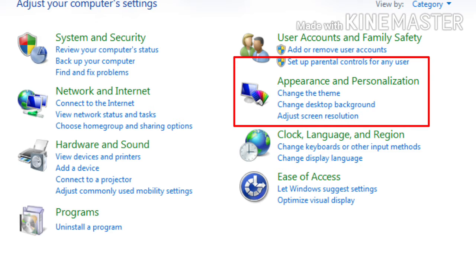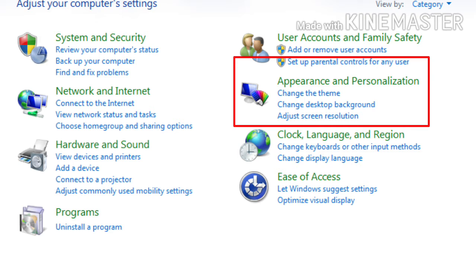This category allows you to change the look and feel of the display interface, which means you can make your interface more attractive and more understandable. It includes changing the theme, changing the desktop background and screensaver, and also adjusting screen resolution.